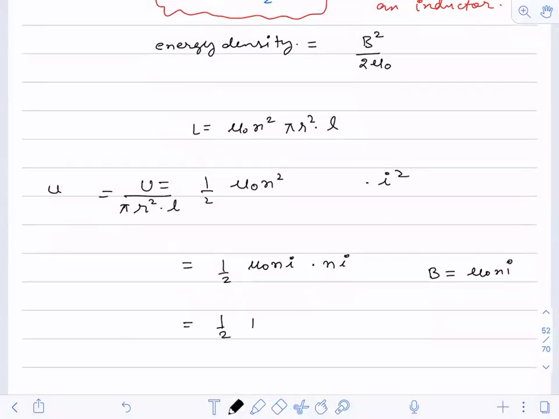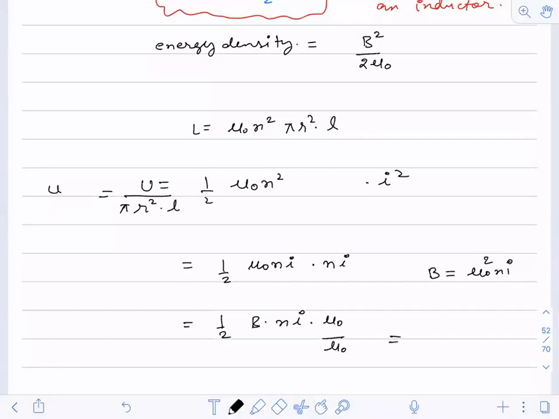So half B dot Ni. This is what I'm getting now. Now, what I will do, I'll just multiply it by B, this value. I'll just square this thing. N is mu. I'll just multiply and divide by this, and then you will get that value. So just multiply by mu naught and divide by mu naught.